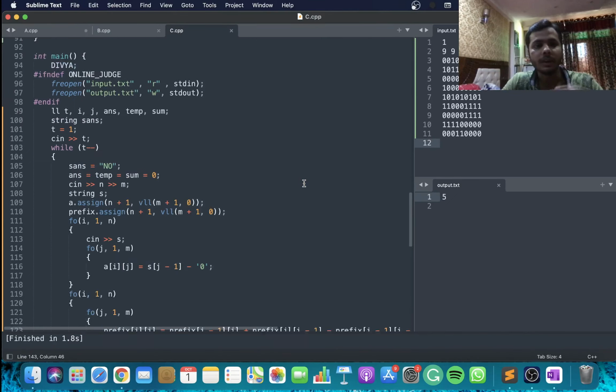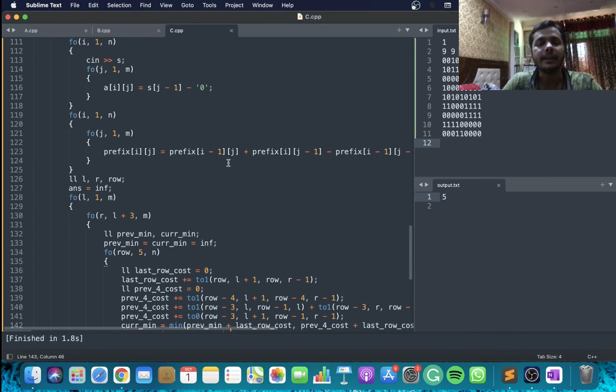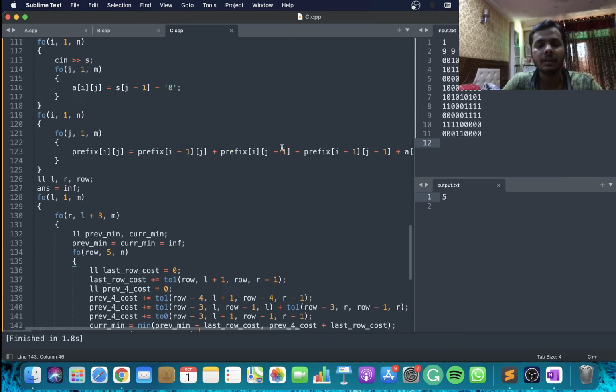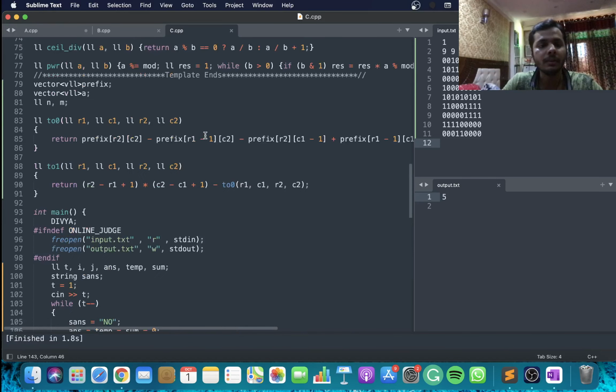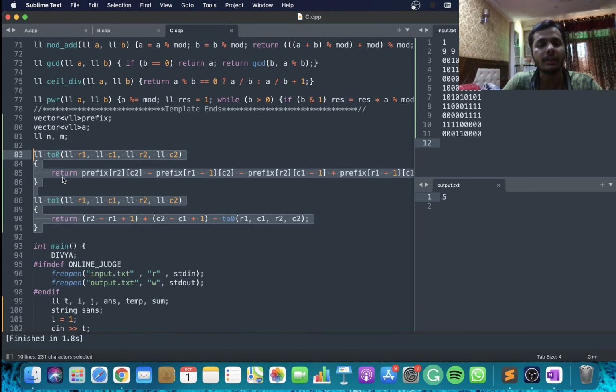Right, so this is the code here. Firstly, I am taking the input as string and converting it into a vector, again because I am more comfortable with vectors. Then I am calculating the prefix sums. That's the stuff which I told in the video. And let's see what these two functions are, the 2 0 and the 2 1 function.